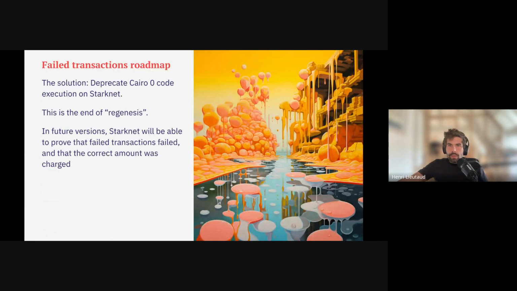I see Doug is asking, what does the sequencer send the state diffs to L1? I'll explain it in a sec, but he sends the state diff before validating the proof. I'll explain it in a while, okay? Actually, Manmeet front ran me and again answered fast.